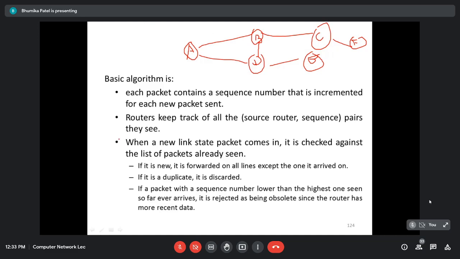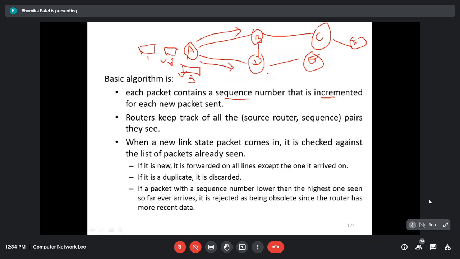So here, every time any router sends a packet, it is going to add a sequence number to each and every packet. Whenever any new packet is to be sent, we have to increment the sequence number by 1, because from the same router we are sending the packet. So the first packet is going to have sequence number 1, the second packet sequence number 2, the third packet sequence number 3, and so on. Why there is a need for the second and third packet, we will see later. Once every router gets the packet, for example A is sending the packet to B and D. What will B and D do? They will broadcast.